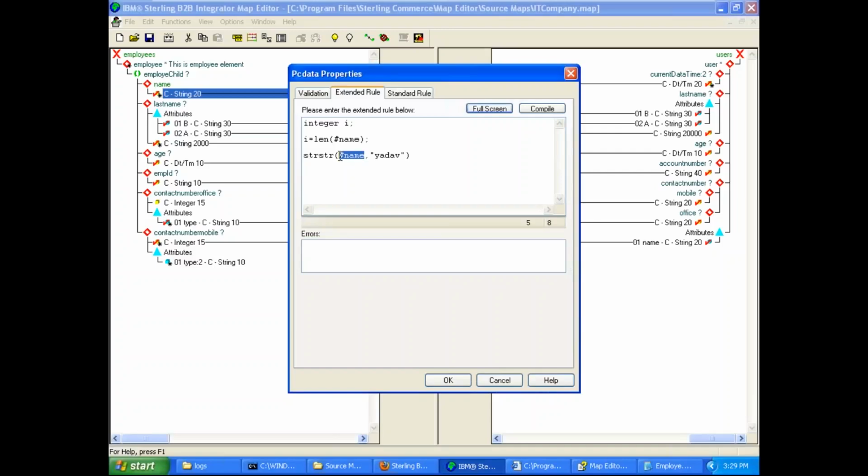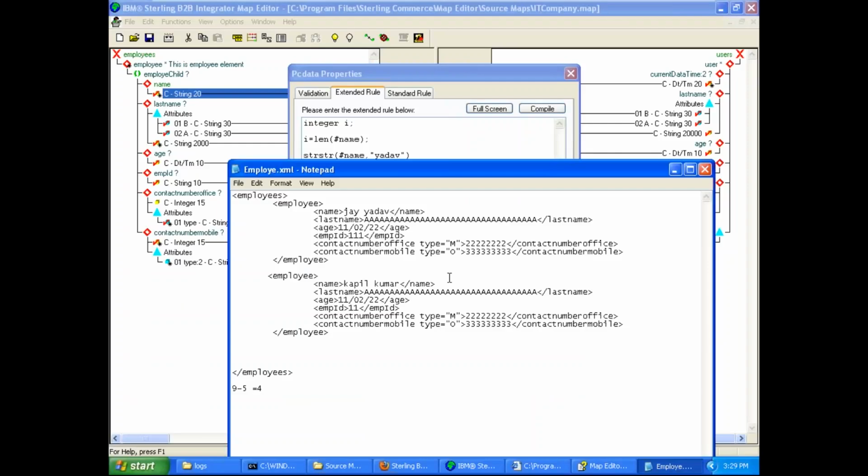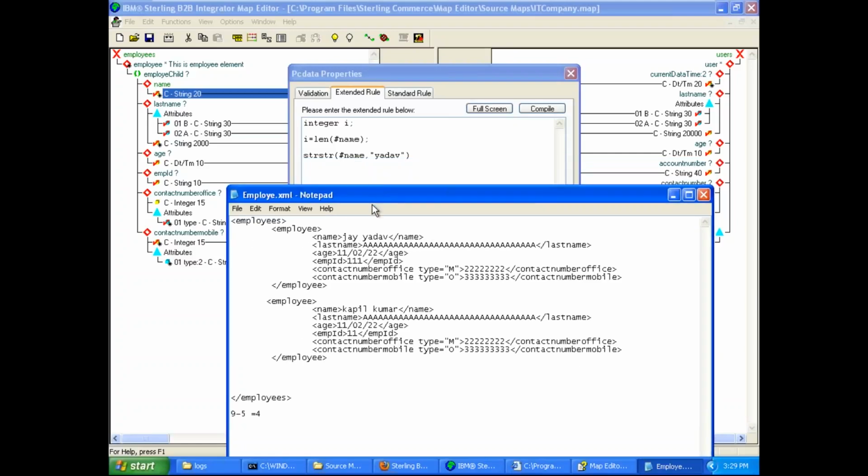So for example, in this case, where we have J Yadav, I want to find if this name element will contain the Yadav